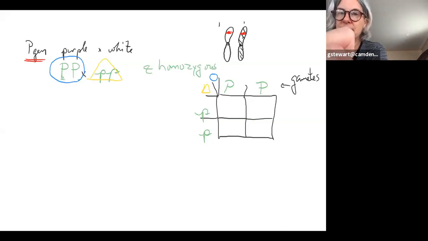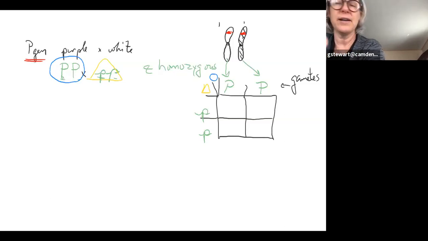In this parent, which is 2N, in its gametes, it can put either this capital P, they happen to be the same thing, or this capital P from this chromosome. The other parent, same, this lowercase p or that one. Then to determine what the zygotes will look like, what the offspring will look like, that is when we fill in the boxes. Okay, now there's some rules about filling in the boxes.